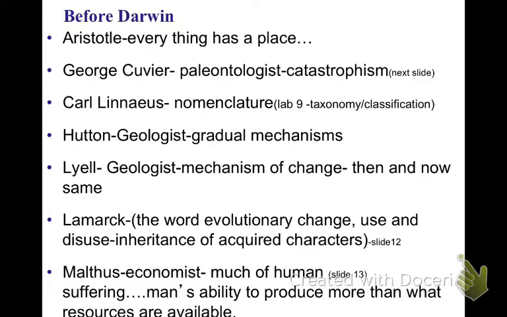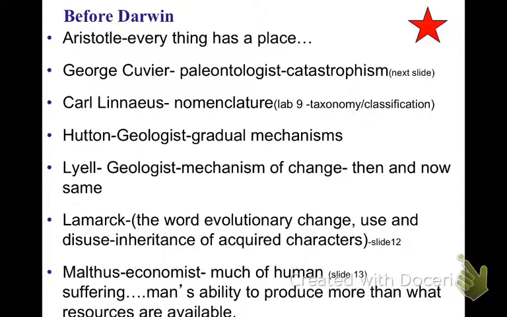So, before Darwin, the most famous figure who set the ball rolling for people to think about life around them was Aristotle. And Aristotle, in accordance with the times he lived in, said that everything has a place, and it was all already decided and set. Then we had